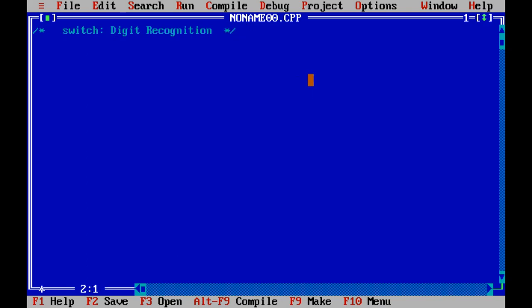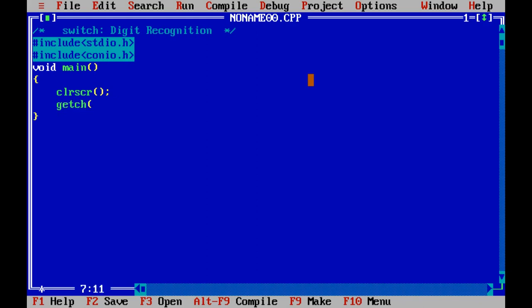Now I write the basic block: include stdio.h, include conio.h, void main, clrscr, getch. Okay,